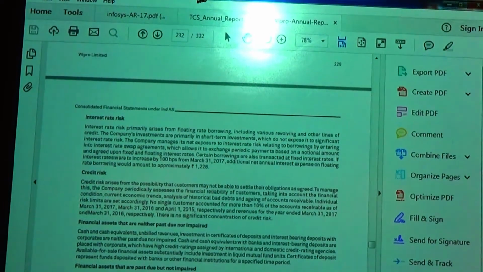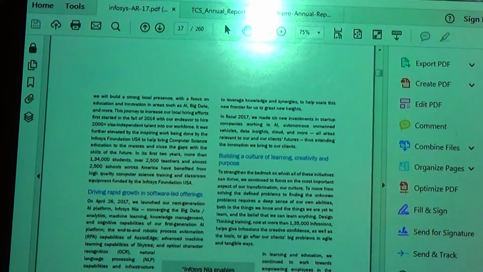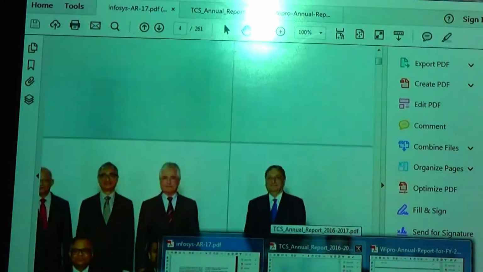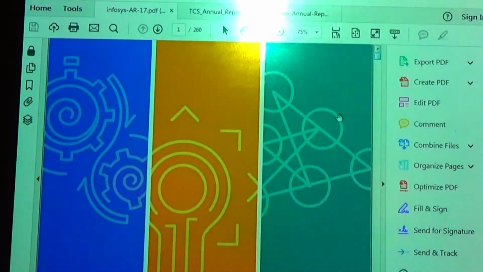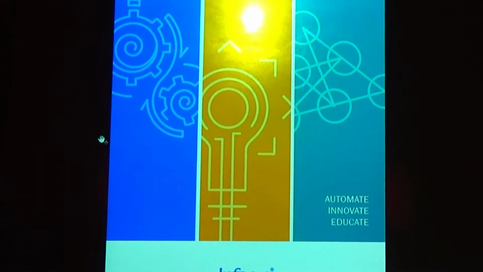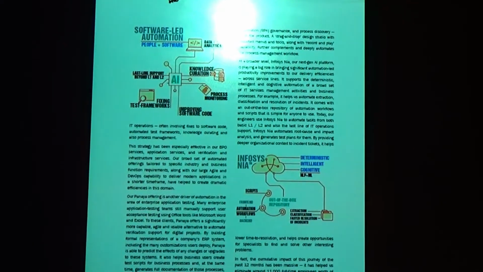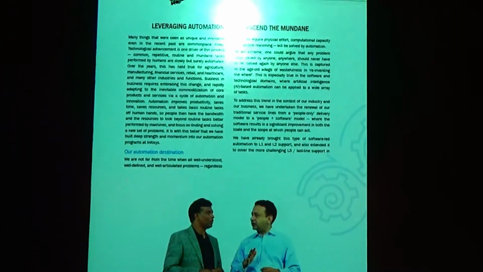Like for example, let's say the competitors like Infosys. If you analyze the annual report of Infosys, you can see Infosys is in the same segment, but its annual report looks a bit different from Wipro's. Infosys first tries to market itself and presents its own